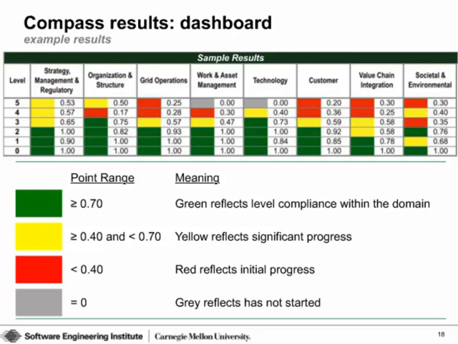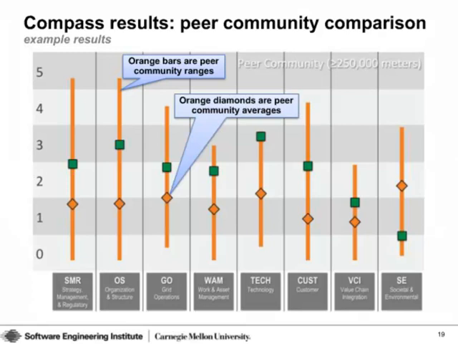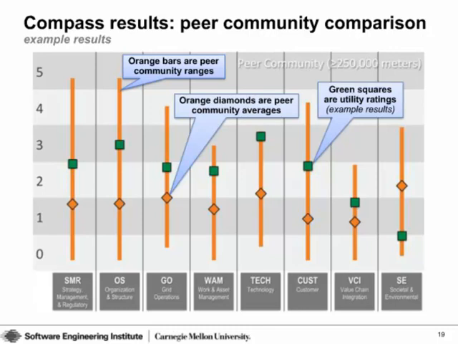To give you a sense of what the utilities see when it comes back from the assessment process, you see here on slide 19, for each of the domains in the peer group, a representation of the range, the orange bar showing the range in that peer group around specific domains, and then the average for that domain against all respondents in that peer group, and then finally where the responding utility lines up to the peer average and on the range. So again, a way to discuss